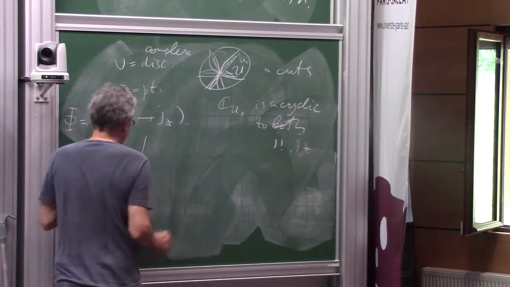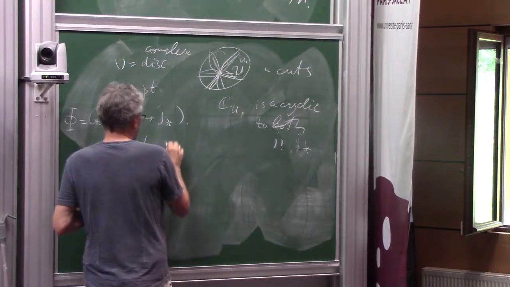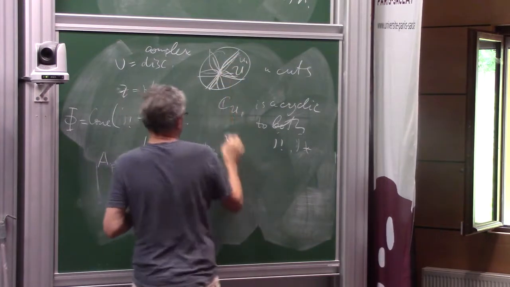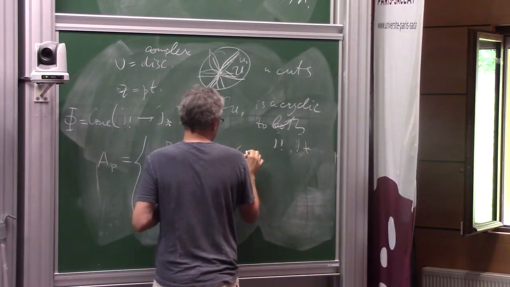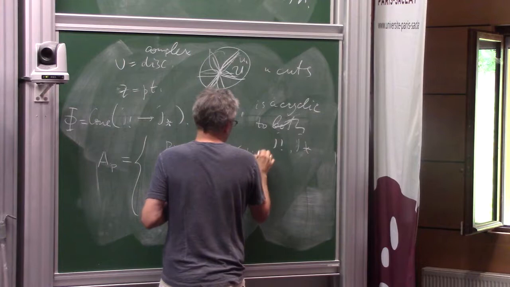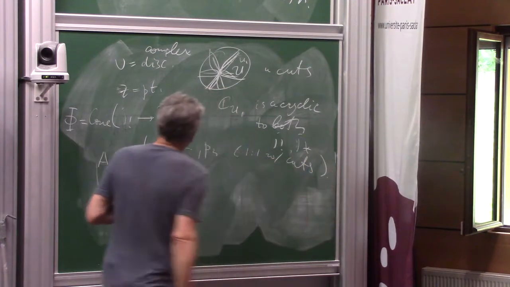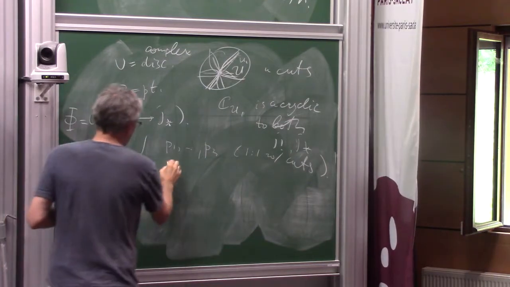It has n projectors, P1, ..., Pn, corresponding to these cuts. So it's 1, 1 with cuts. And there are relations between them, Pi,